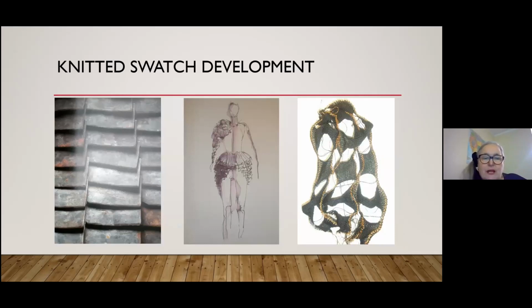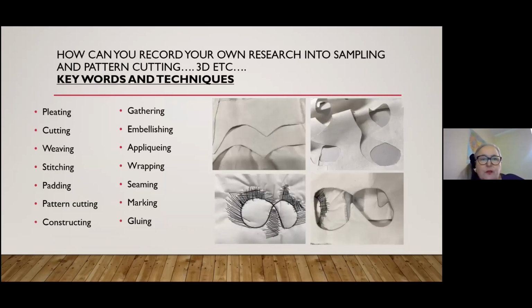And more drawing here, looking from photographs and drawing again, and then going into one leads to the next, and so on. So how can you record your own research into sampling and pattern cutting? So I've put some keywords here and some techniques. So you've got